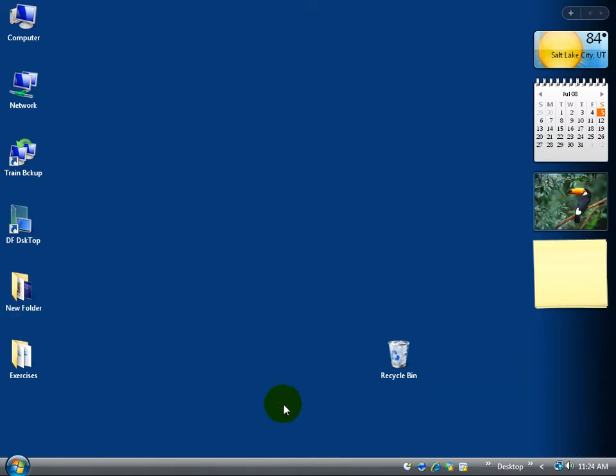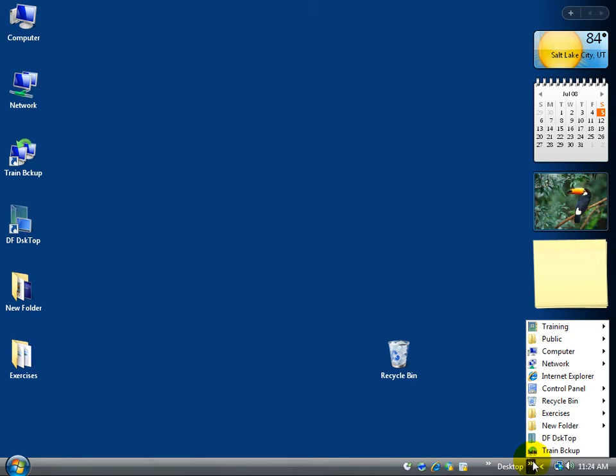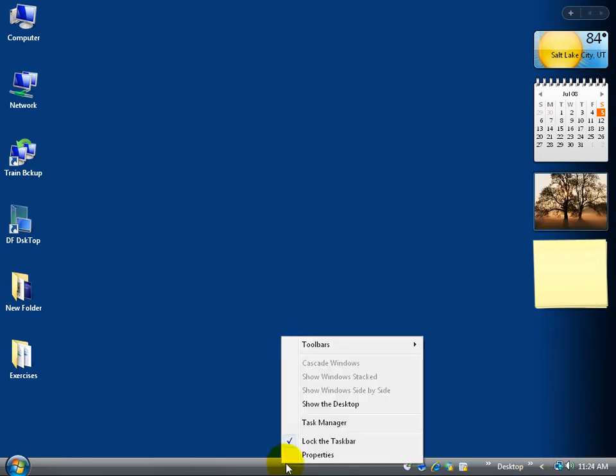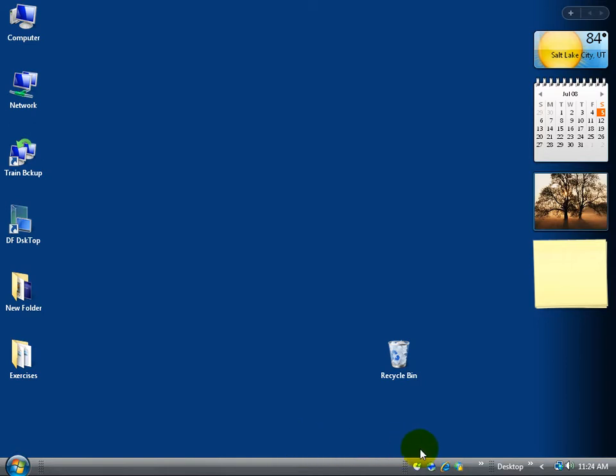So what I'm going to do is I'm going to click off in a blank area, come down in here, unlock the taskbar so I can move these over so I can actually display a little bit more of these buttons here or icons. So right click, see where it's locked, it's got that check, go ahead and click on it to uncheck it. It actually opens this up and you see these little dots here. If you hover over the dots, you can click and drag and stretch it out so you can see more buttons here. I can click and drag by the same token the desktop so I can see more buttons here,